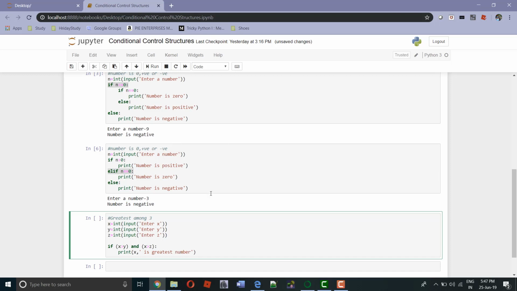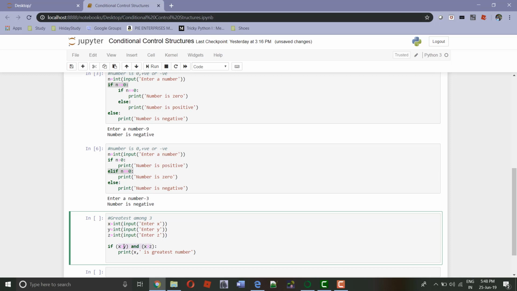Okay. Now the second thing that we need to do is again perform a comparison, and that comparison will now be between y and z only. Why? Because if this condition is false, it means either x is less than y or it is less than z. So we need not compare x anymore.